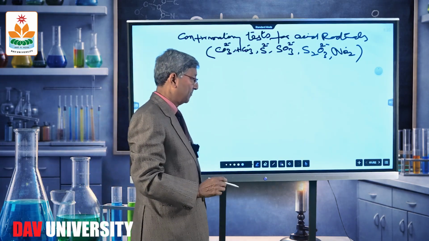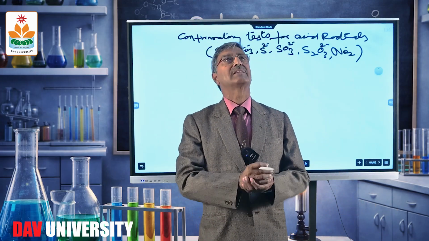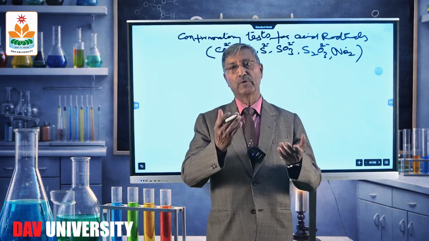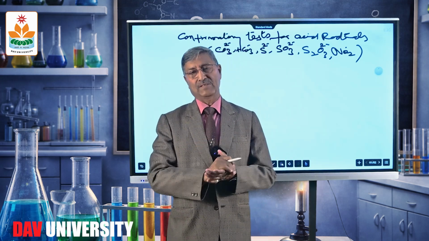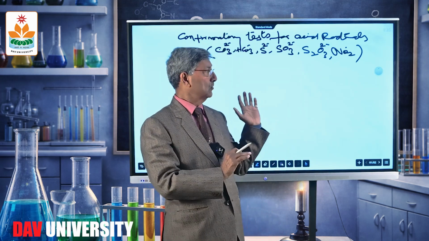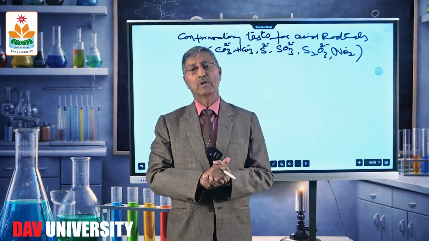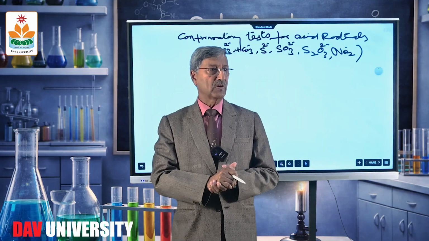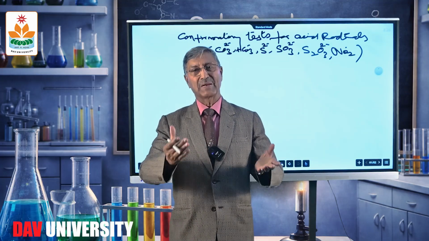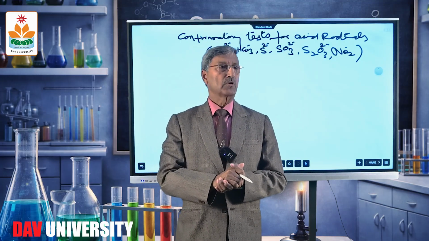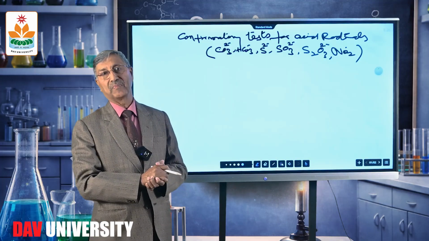Now, for this test, as I mentioned in the earlier lecture also, the dilute sulfuric acid and concentrated sulfuric acid tests are preliminary tests. In order to perform the confirmatory tests, we have to have the salt in the soluble form, because if we are to do the confirmatory test of a radical, it must be present in the solution. So now the question arises: how to make the salt soluble?